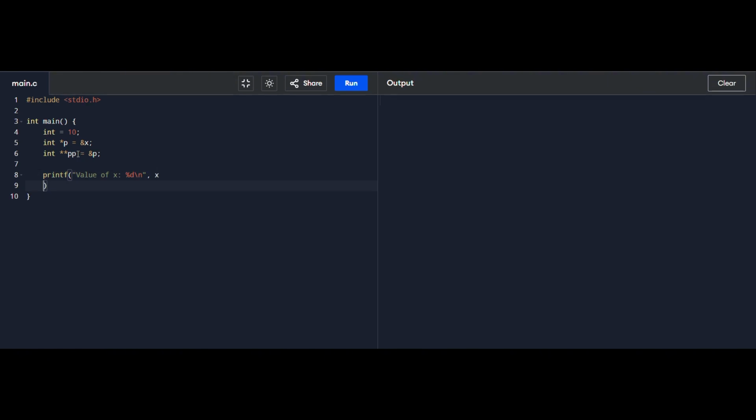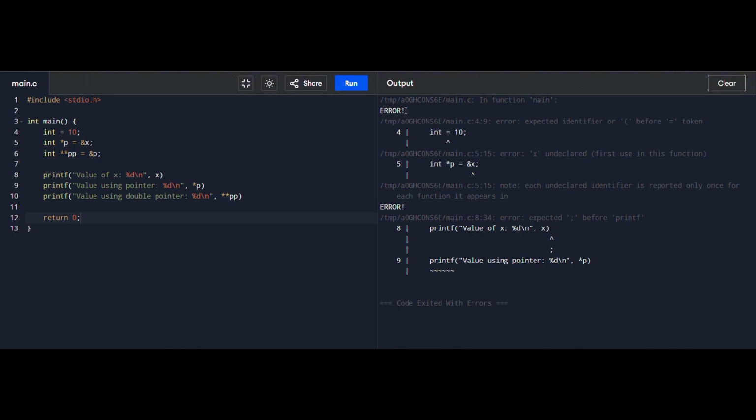Inside the function, the statement *pp = 50. This is double dereferencing to access the original variable x and change its value to 50. When the program returns to the main function and prints the value of x, it now displays 50, proving the double pointer allows this direct modification of data from another function through multiple levels of memory access.